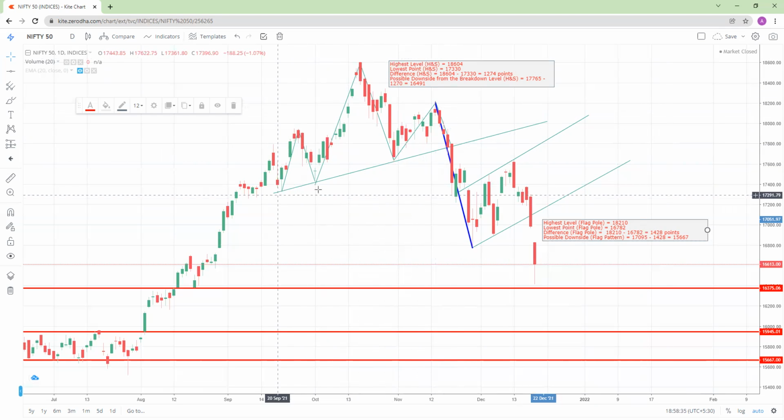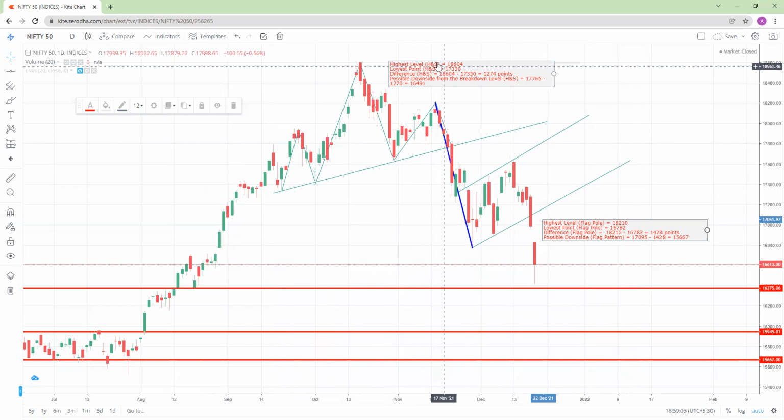When we connect the lows of these lines, we get a trend line, or you can say neckline in technical analysis. The head and shoulders pattern is confirmed once the breakout of this neckline is given on the downside. You can see that the breakdown occurred around this level. Now we are going to explain how the possible downside is calculated with the use of this pattern. We have already mentioned all the information here so that some time is saved.